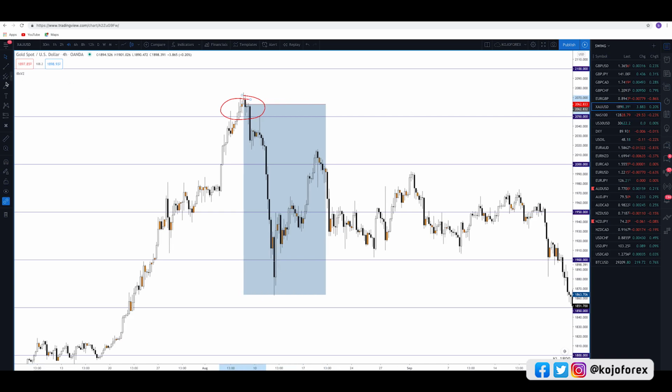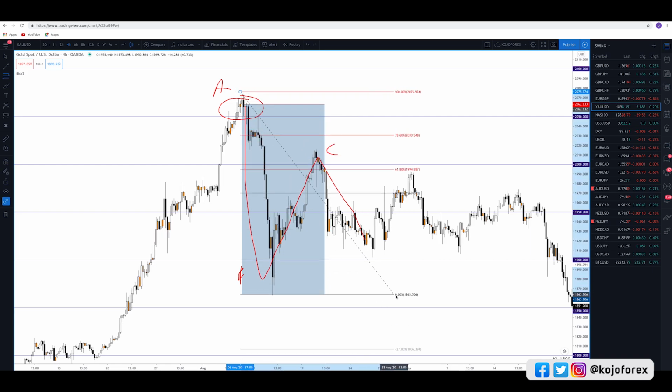But nonetheless, the second wave of movement after that pullback. I taught you in Fibonacci that when the market makes a move, it pulls back before continuing in the same direction of that move. So you can see what this is, the A, B, C scenario, right? So considering that A, B, C scenario, what Fibonacci range did the market pull back into? You can see that if we plot our fib from this level all the way down into this level,